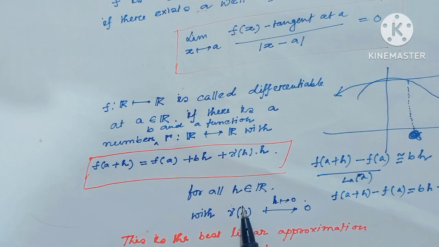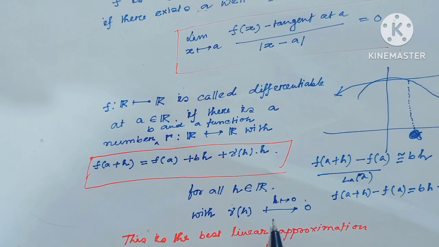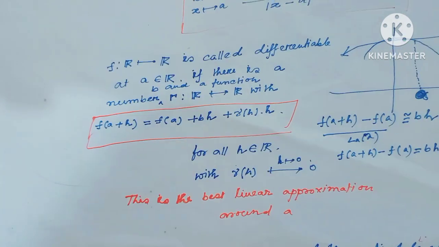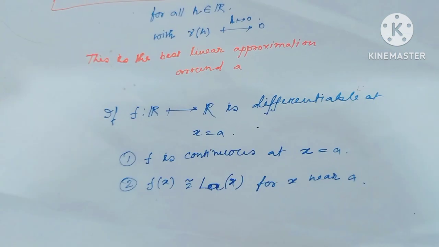For all h belonging to R, gamma(h) goes to 0 when h tends to 0. This is actually the best linear approximation around the point a. That means